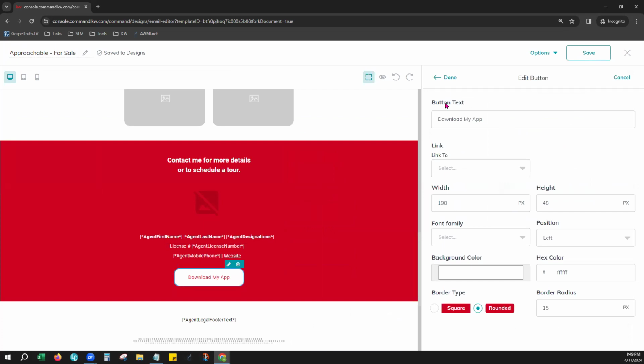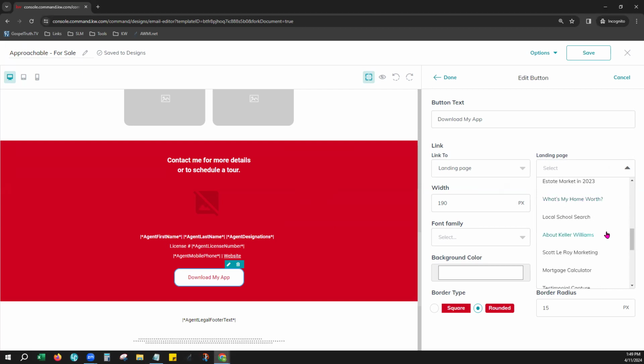Notice that it's the same edit options we had previously for a button, and you can actually choose what that links to. So you would grab your KW app link and add that in right here as a web address if you want to do that. Or if you have the page on your agent website for download my app, you can also have it be that as well if you have that particular one. I was just scrolling through. I may have already passed it, but if you have the download my app page on your website, you can click that. Okay. All right. And so that's how you can make that button